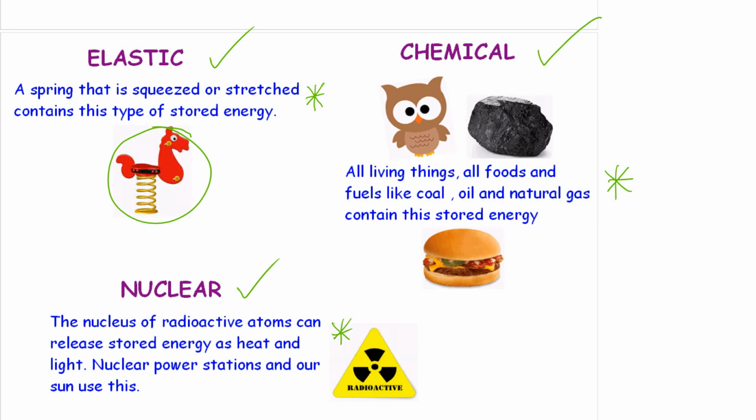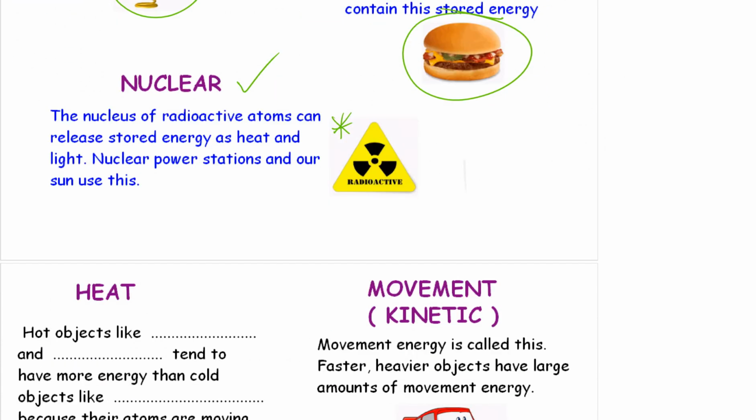And for chemical, all living things, all foods, and all fuels contain stored energy. What you could do is draw out for chemical. You write the information down, as I've already said, but then maybe what you could draw is your favourite type of food. It might not be a hamburger, it might be a pizza, it might be a drink. Whatever it is, you draw one diagram down for each of the titles. Once you have done these three, move on to